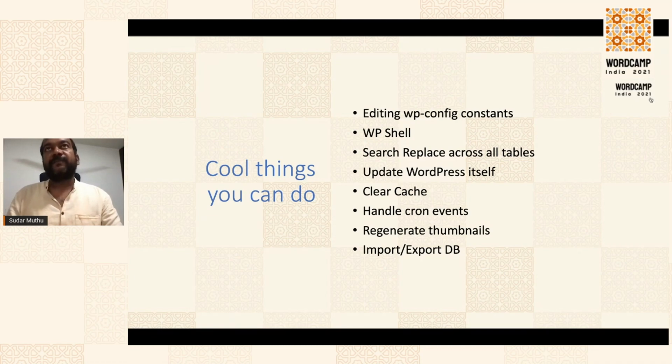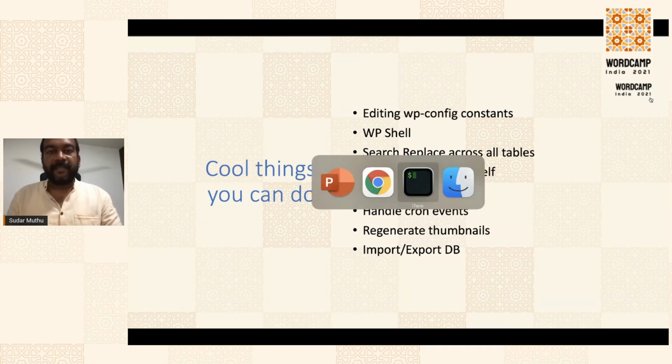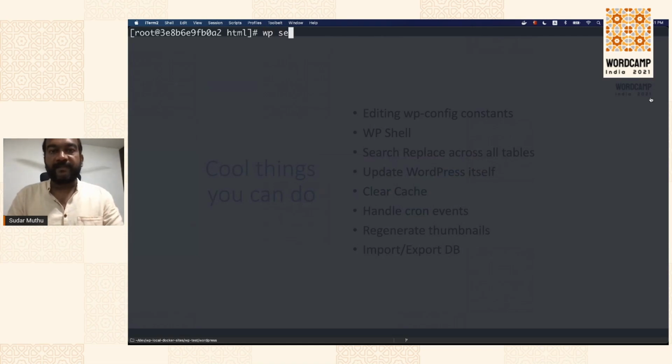Another common use case would be, let's say you're downloading your DB from prod, and you want to set it up in your local. Now when you're doing that, you need to make sure that the production URL is changed to your local URL, right? So in those cases, you can actually use search replace. Again, going back to the terminal, search replace is very simple. All you need to do is WP search-replace, and then you can say from, and then to. And so all instances of from will be replaced with to.